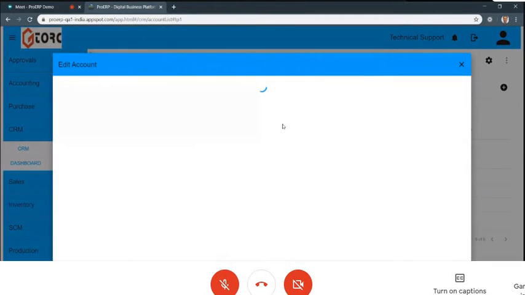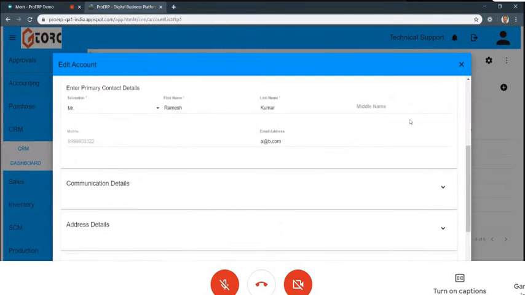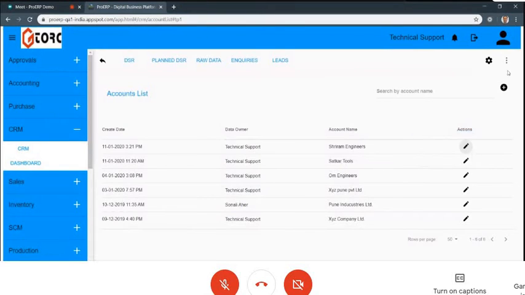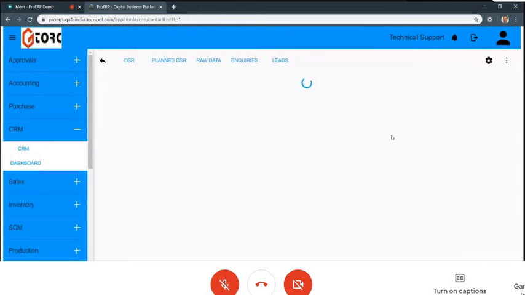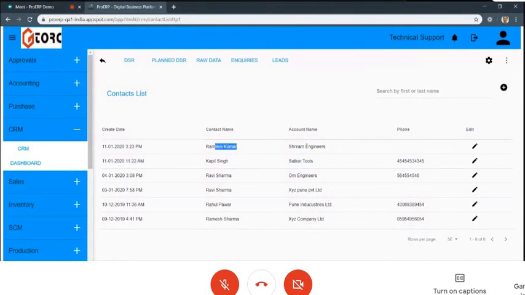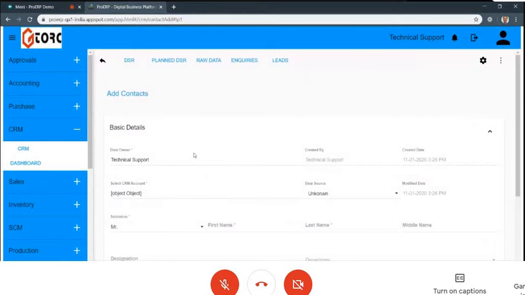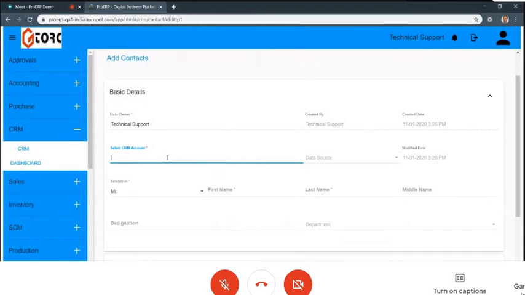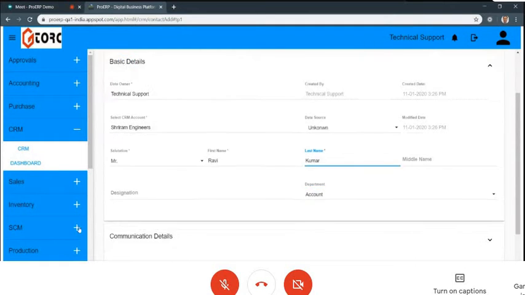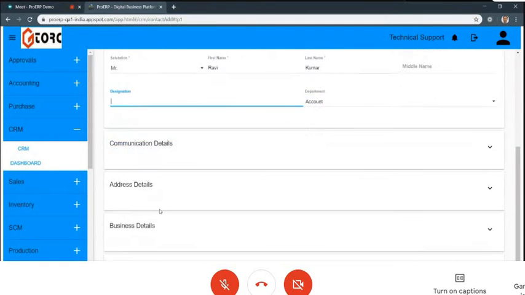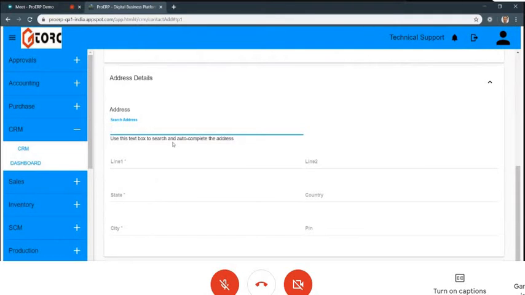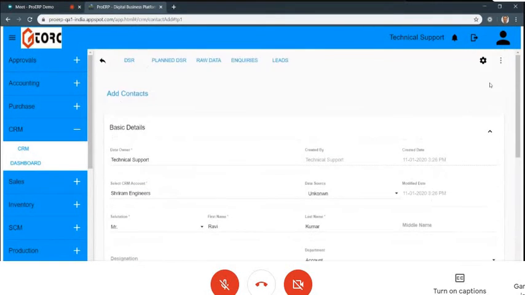And then of course, you know what the company name is, you can add the details. And then on this company, Shriram, you can have different people as account contacts. So you can see Ramesh Kumar is the person for this company, but you can create one more contact for the master. Okay, and this guy could be from a different place. So now, Ravi Kumar, and he has a different designation. He's from a different address. You can have this kind of thing done. Okay, so this is what the master is currently so far.